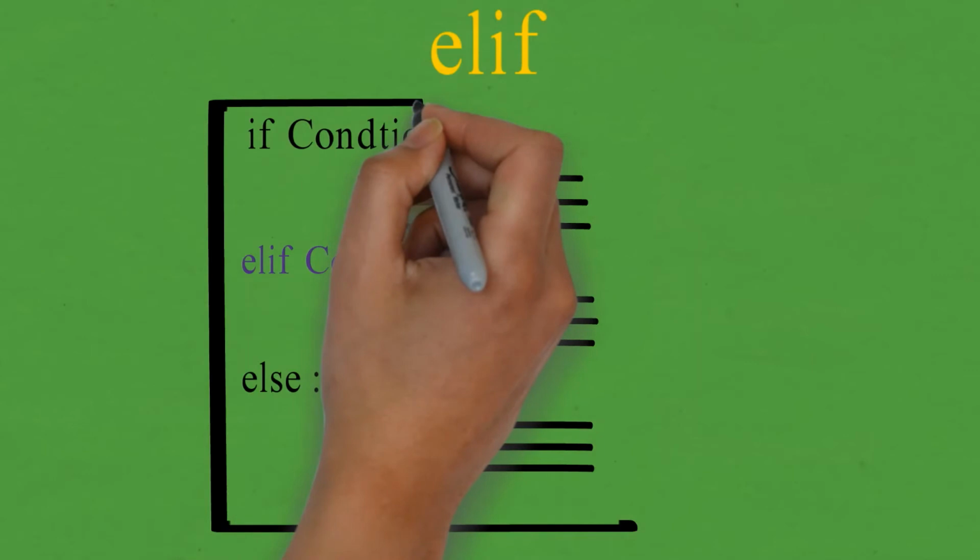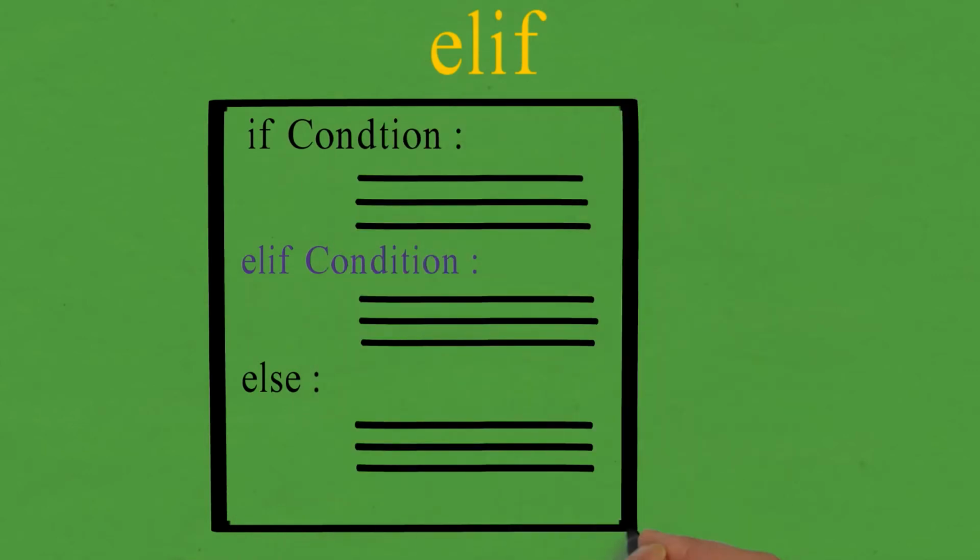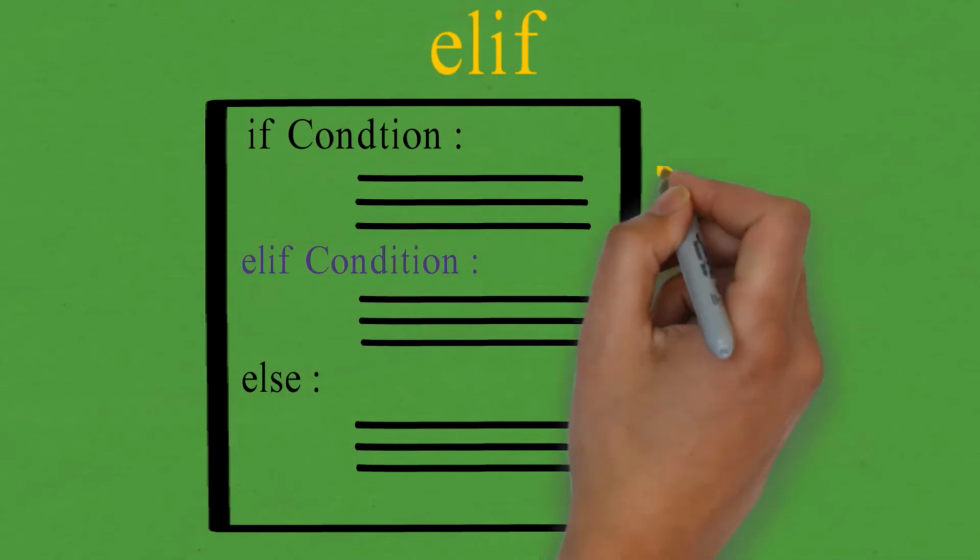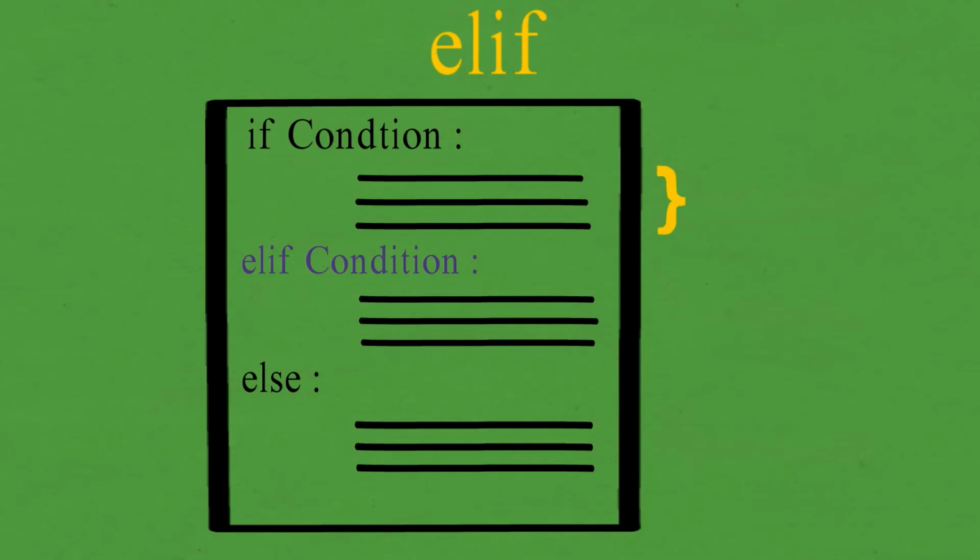And here also, as we had said earlier, the code should be indented. So as you can observe, all the three codes are indented under if, elif and else. Let us just put a bracket around our whole syntax. So this is the complete syntax that we can use to carry out any kind of decision making in Python, if you can just remember the syntax. Just a few things to note and remember.